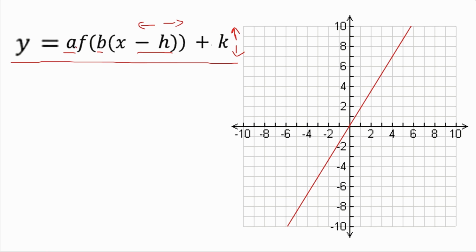Okay. And if A is negative, that means it's a vertical flip. If B is negative, it's a horizontal flip. Okay, so basic stuff. You all probably know that. But just as a reminder,